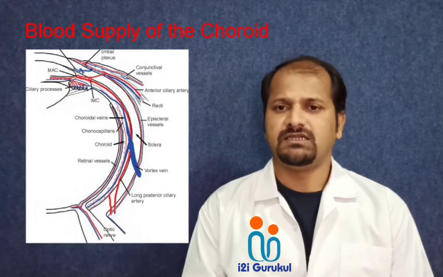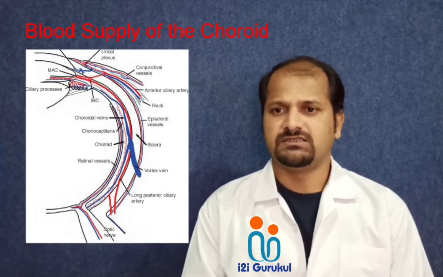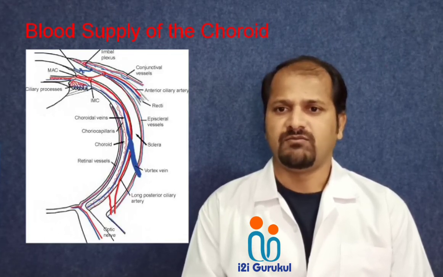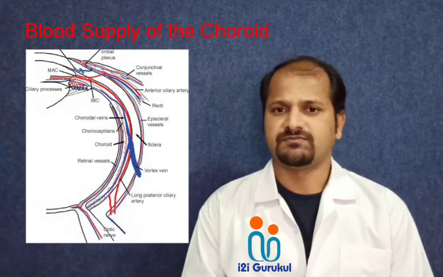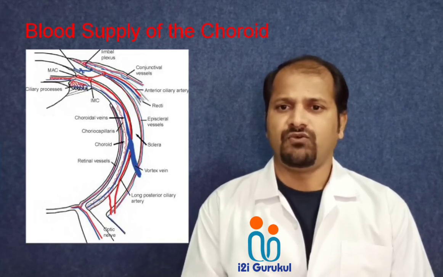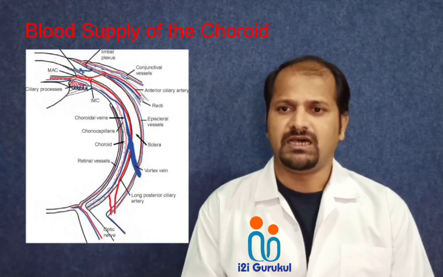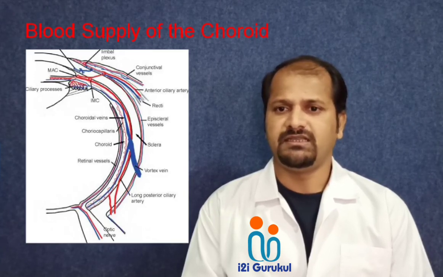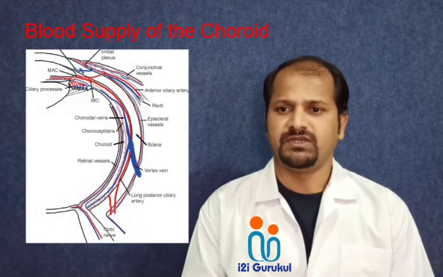Now we'll move towards the venous blood. It is collected from the iris, ciliary body and the choroid by a series of veins. These lead to 4 or more large vortex veins located behind the equator of the globe. The vortex veins drain into the superior and inferior ophthalmic veins, and then the cavernous sinus.